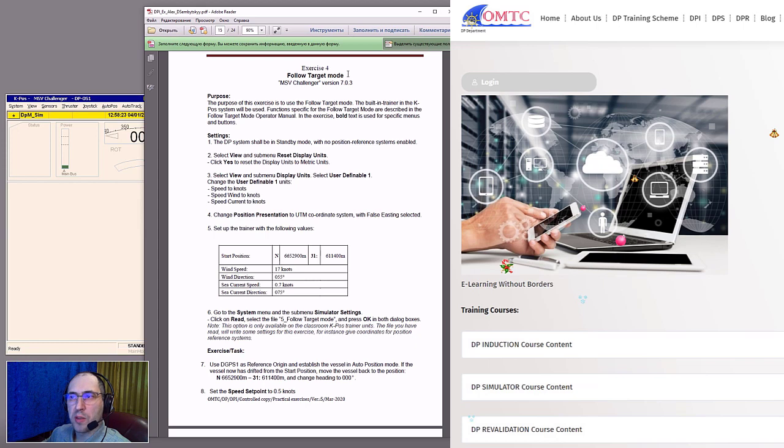settings before running the exercise. Exercise number 4, follow target mode. Purpose. The purpose of this exercise is to use the follow target mode. The built-in trainer in the Keypose system will be used. Functions specific for the follow target mode are described in the follow target mode operator manual. For that reason, ensure that a PDF copy of the follow target mode manual is ready to be used during the exercise